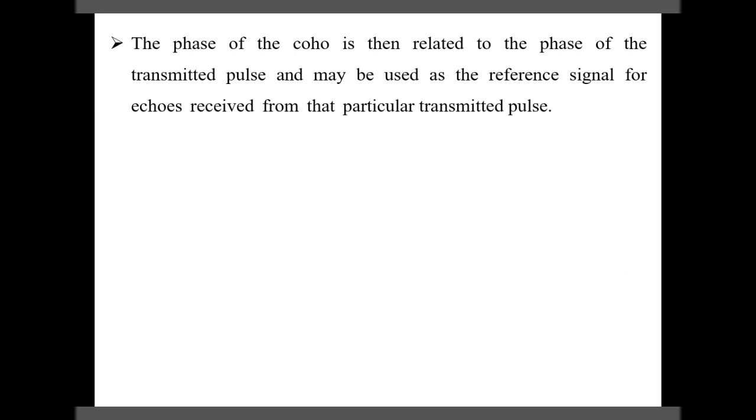So initially, the magnetron generates a signal that is given as a reference signal, but the phase of that reference signal is mixed with the STALO, that is the stabilized oscillator, so that the phase of the signal should be constant, and that constant phase signal is given as a reference signal to the coherent oscillator. So the phase of the coherent oscillator is locked,